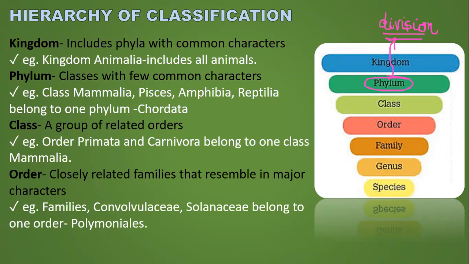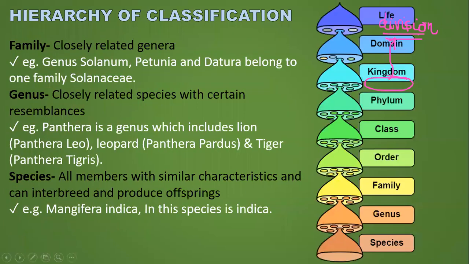Yes, everyone. So let's get started. I think it would be better if we start from the lower category, that is from the species onwards. In this diagram, you will find domain, life, but you must study only up to kingdom. That is K, P, C of GS: kingdom, phylum, class, order, family, genus, and species. Okay, everybody, just like this.